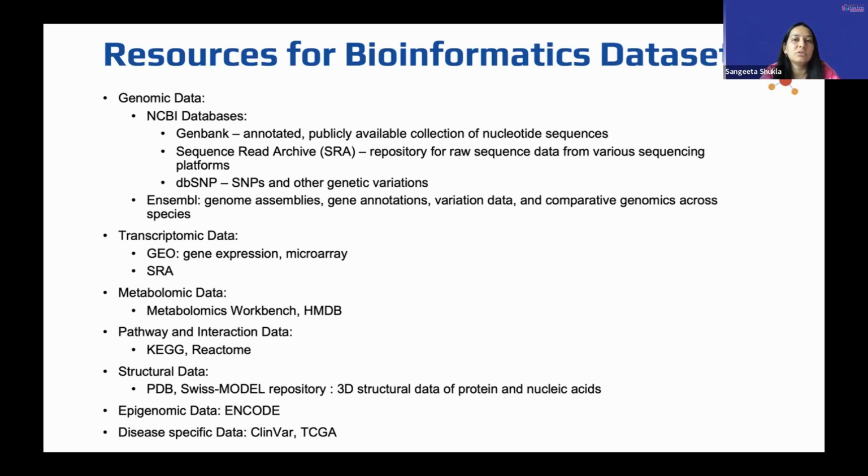widely known, but a general list for genomic data would be some of the NCBI databases. For transcriptomic data, if you're looking for that, you could look into GEO or SRA, which is Sequence Read Archive. Or if you were looking at metabolomic data, you also have the HMDB, which is slightly older, and there's a more recent version of that, which is called the Metabolomics Workbench. Or for the entire pathway interaction data, there's KEGG, which is Kyoto Encyclopedia of Genes and Genomes, and